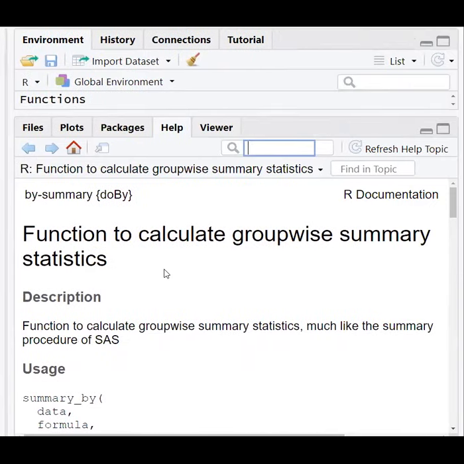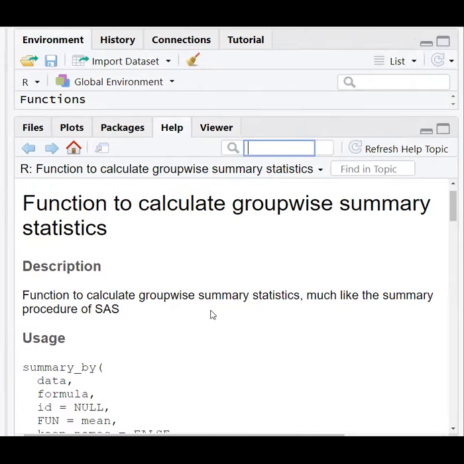See, the document says it's a function to calculate group-wise summary statistics, much like summary procedures in SAS. So what is the group here? The group is the age category.